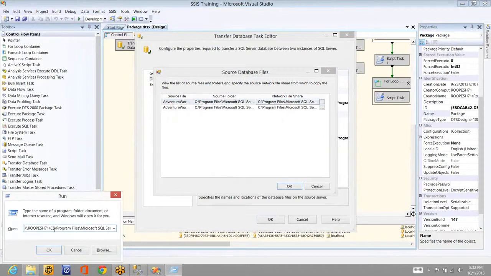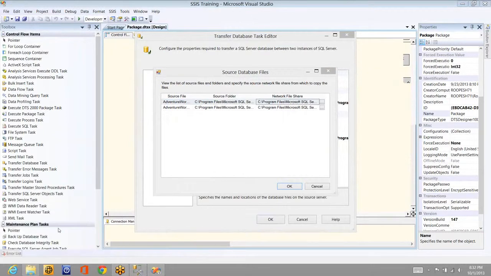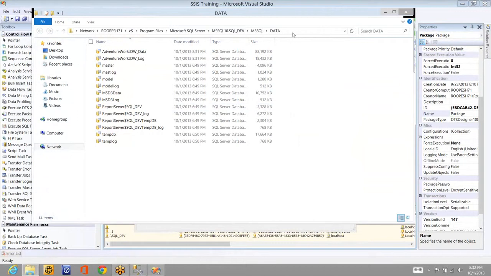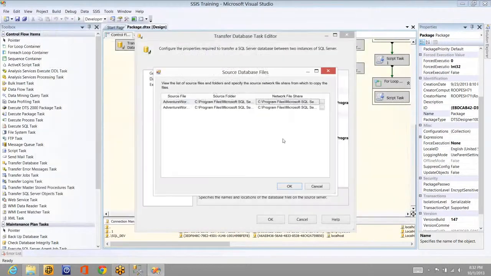So the network file share path will be something like this. Can you see? This is the server name, C colon, it will be C dollar, and so on. If I click on this, it will take me to the same folder, but this is the network file share path. This is how we can give a network file share path. So let's try giving it like that. And the instance I'm changing, this is the SQL dev instance I have. I'll change it to MS SQL Server. Here also I'll change it to the MS SQL Server instance.